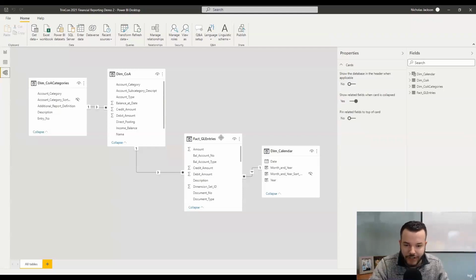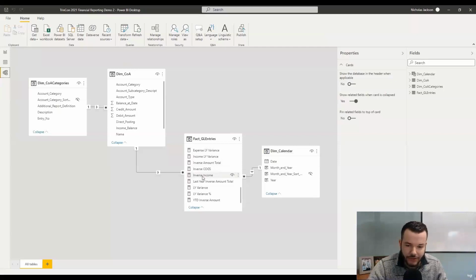So here we've got our fact GL entries. These are pulled from Business Central. Now I did filter this down quite a bit. There's not all the columns here listed for your GL entries. But the other thing that I did was I went through here and I added quite a few different measures inside of this table. So there's a few regarding summaries of cost of goods sold, and for income, you can